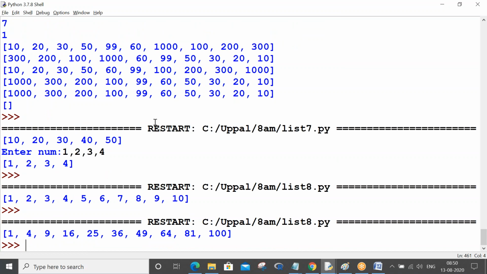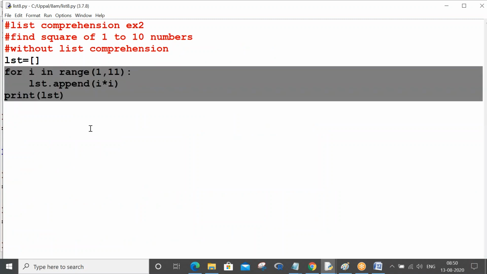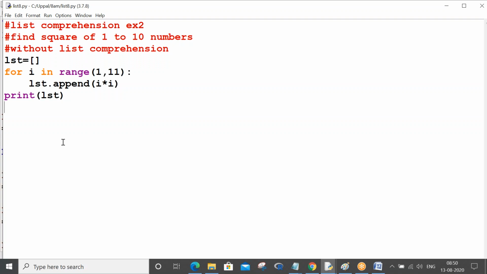See how I have created this list of numbers with the squares without list comprehension. This is the normal way of doing it. Now I'll show it with list comprehension.